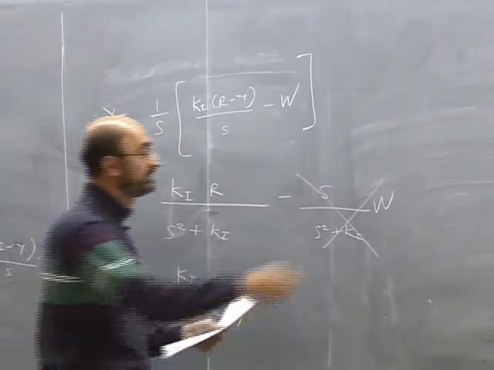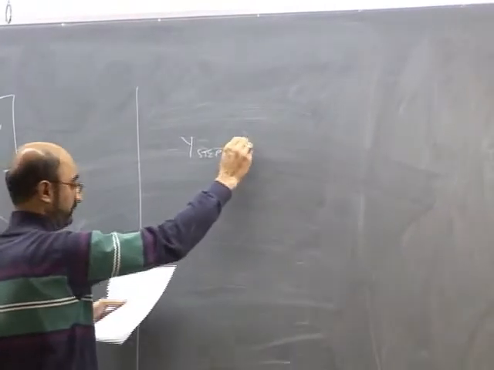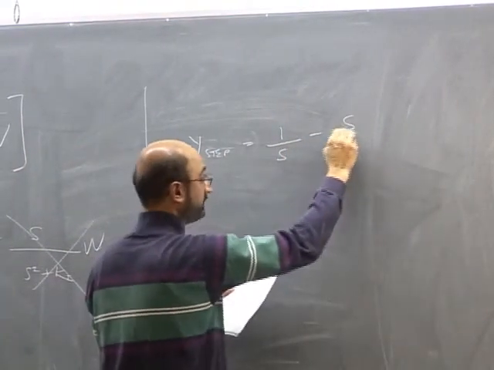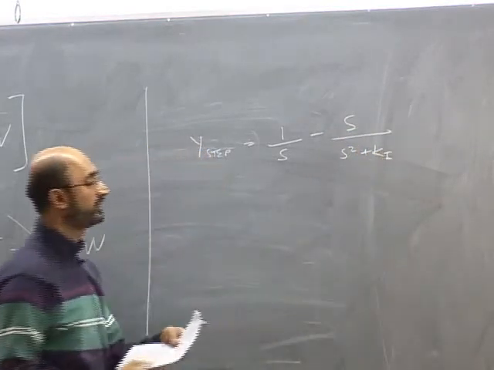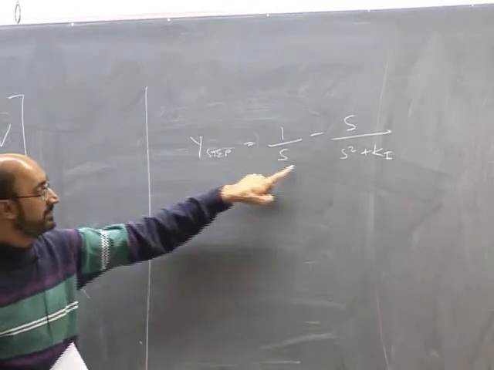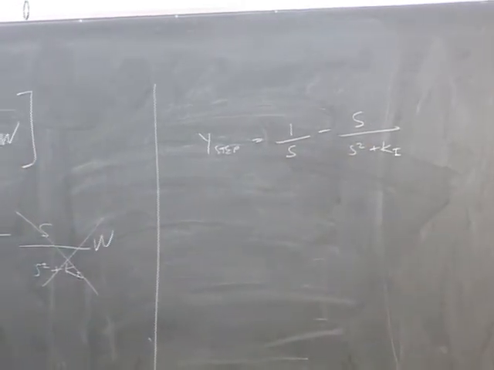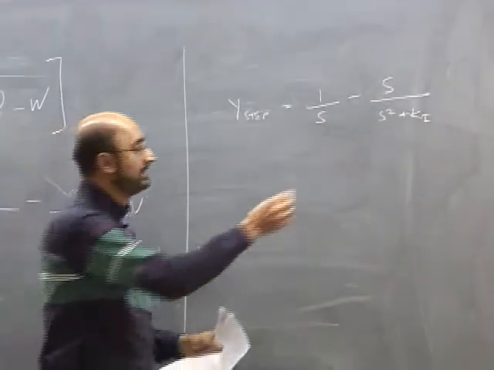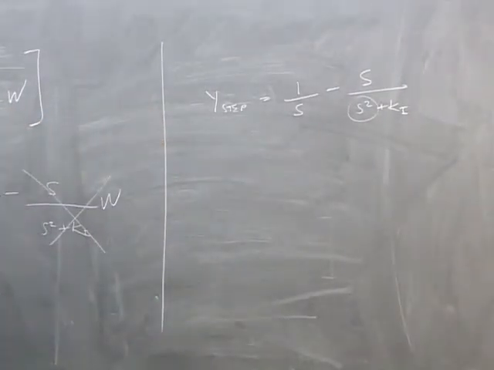And this can be expanded as Y step response is going to be 1 over s minus s over s squared plus ki. And again, this works because we get s squared plus ki minus s squared, which is ki, which is what we have here. So just a simple expansion over here. Generally speaking, whenever we see an s squared in the denominator, it's going to be oscillatory. Okay, just like a rule of thumb, because the